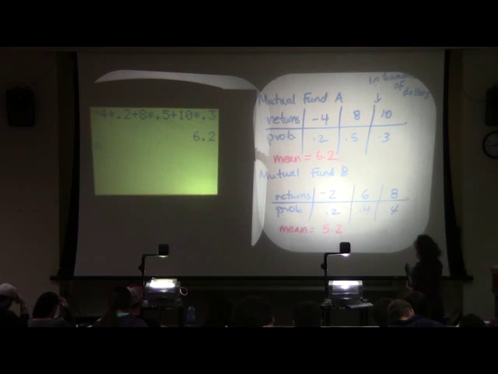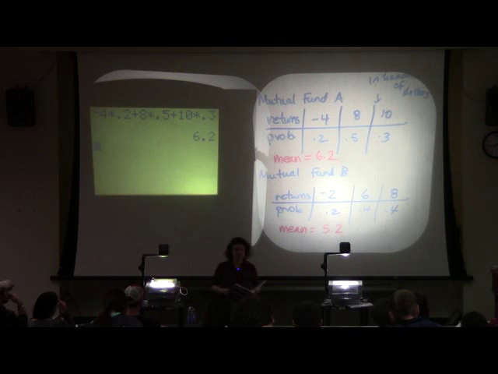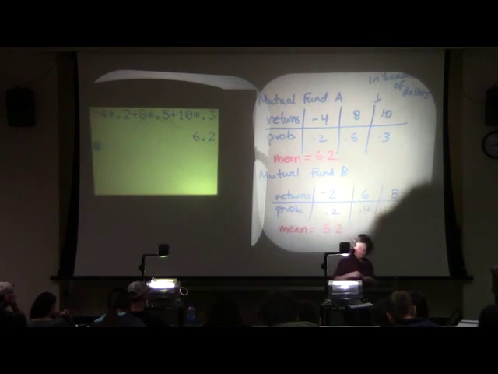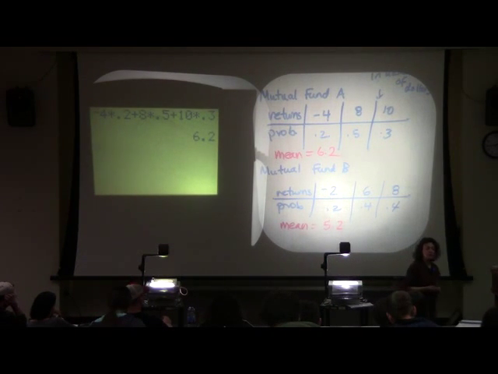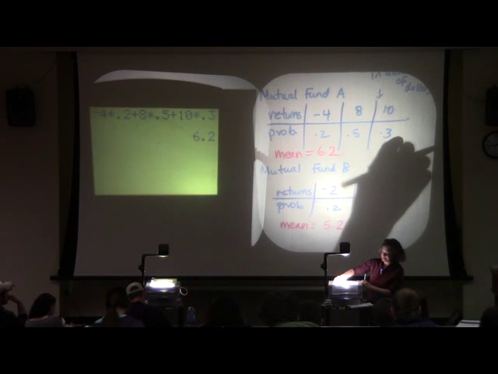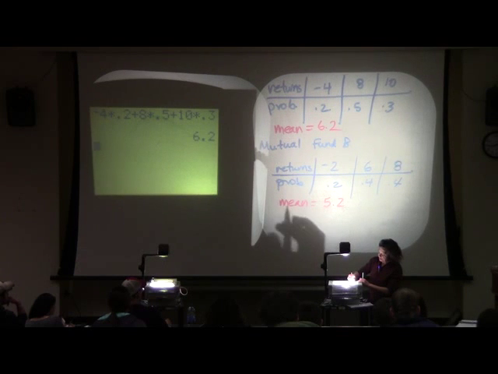All right, now what we need to do is compute our standard deviations for each of these. I'll show you how to write this out, but more importantly, I'm going to show you how to plug it into your calculator. It's enough of a pain with a 3-column probability distribution table, so you'll see why I keep them small. So for mutual fund A,